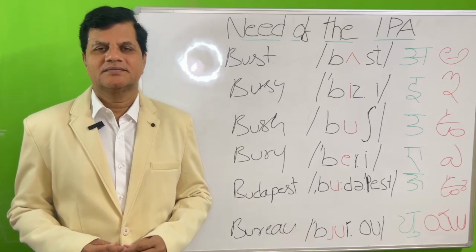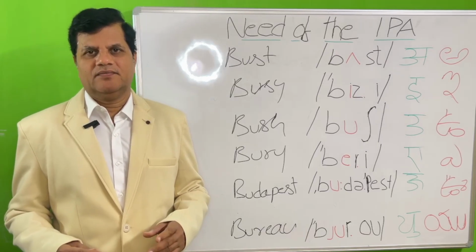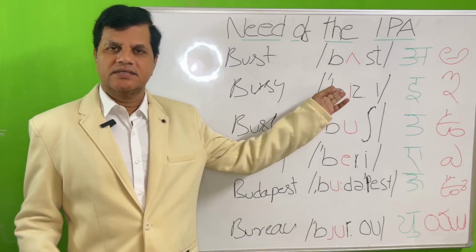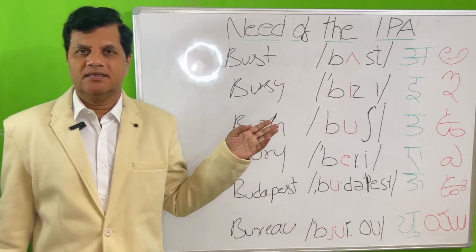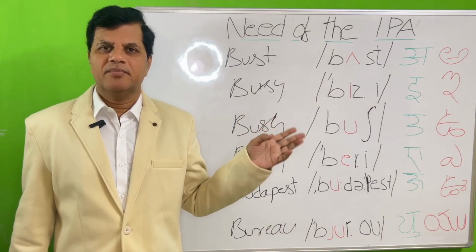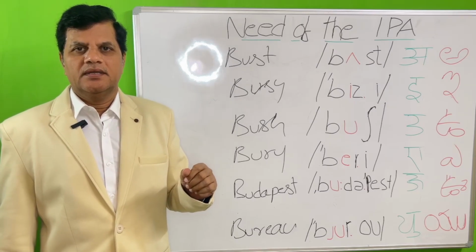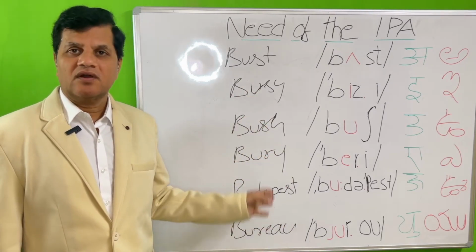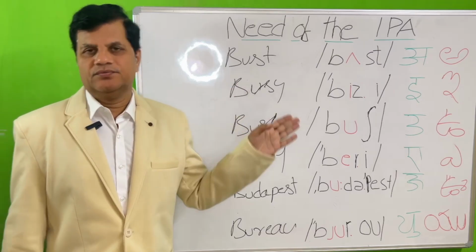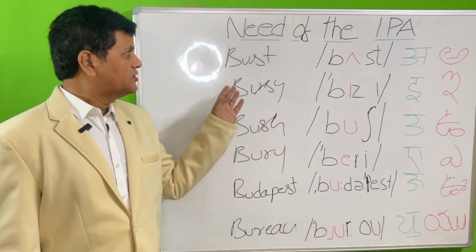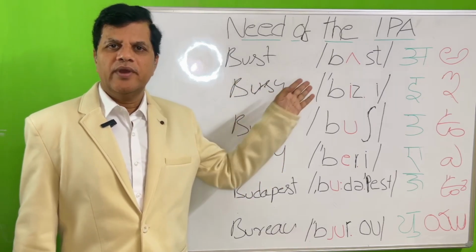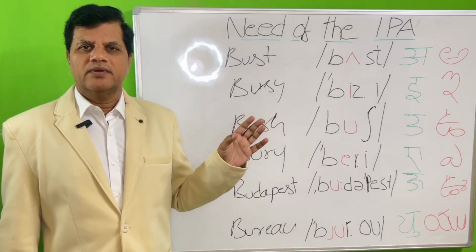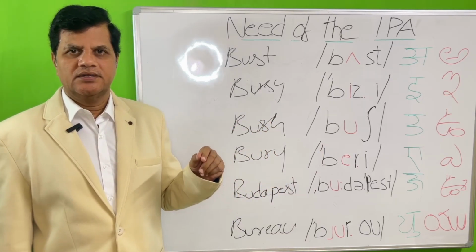Hello everyone. In this video, let us see how to pronounce these words exactly in American style in conformance with Cambridge Dictionary. The speciality of these words is that all of them start with BU. Okay. So first, BUST. So when you want to give a sound for a word in English, you have to